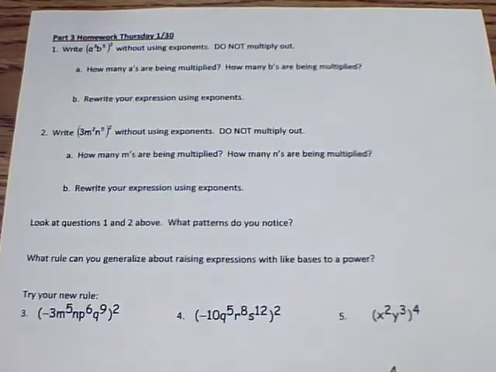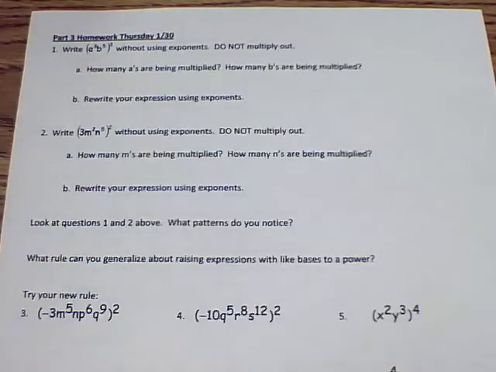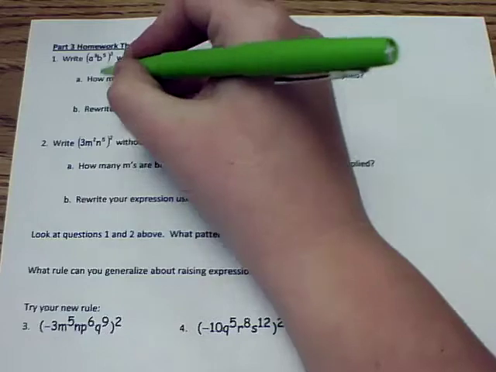Okay, so now we are looking at power to a power. So having an exponent and raising it to another power. So if I look at x cubed b to the fifth, all of that is being cubed, then I'm going to have